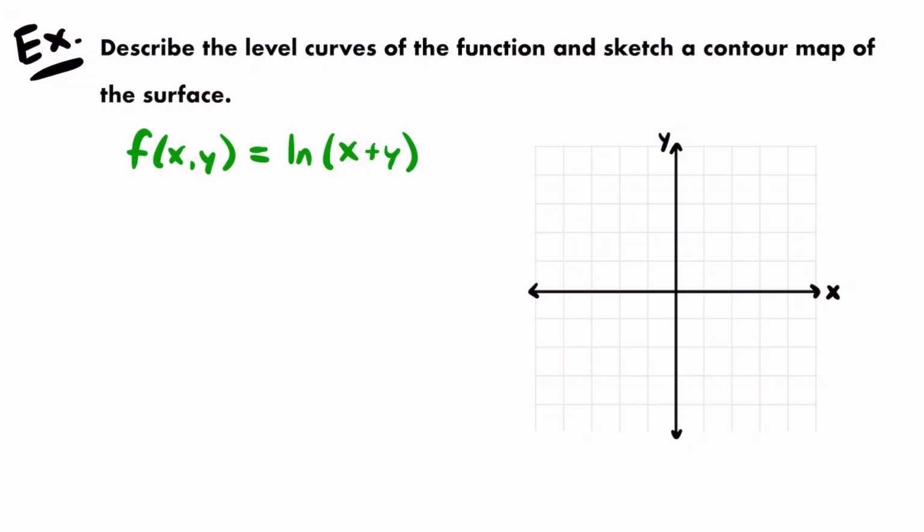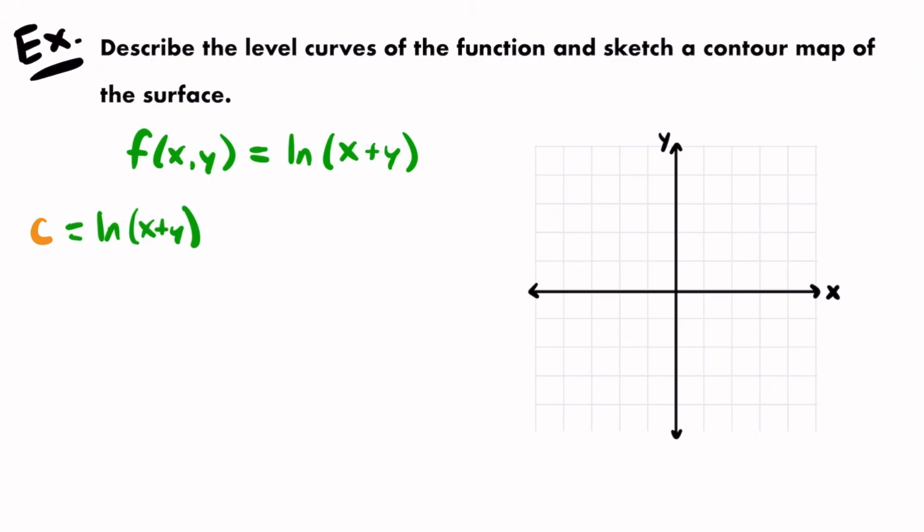Alright, our function here is f of x, y equals the natural log of x plus y. I have no idea what that looks like without putting it into a 3D graphing calculator. But we can get a good idea of the shape of the surface by making use of level curves and a contour map. So let's work on that here. The first thing we want to do is set this function equal to a constant value of c. So we'll have c is equal to the natural log of x plus y. And then what we want to do is try to get this equation in a form of some type of curve that we know how to graph. All right, and right now, I don't know how to graph this,